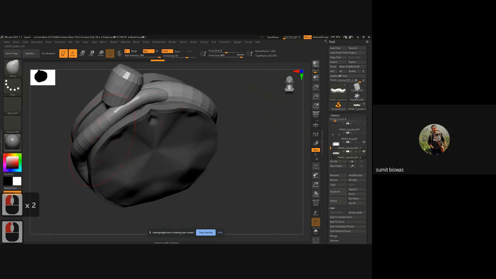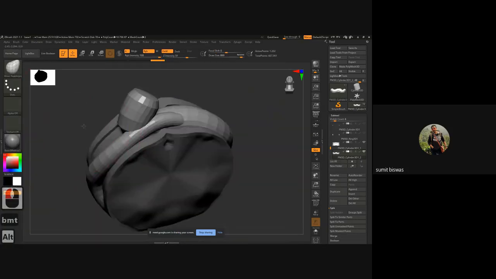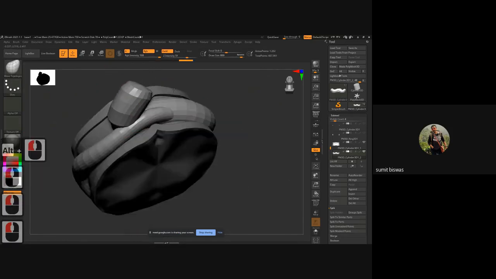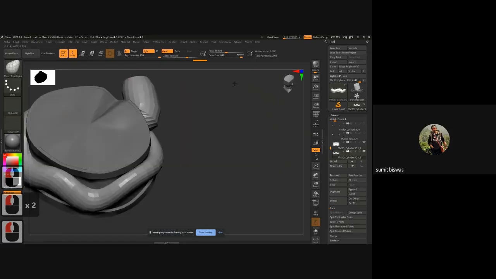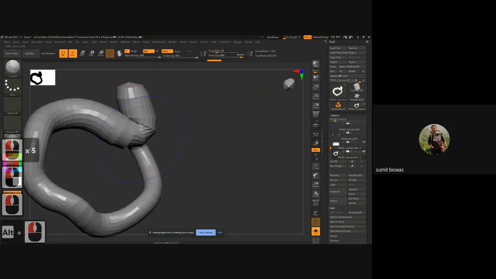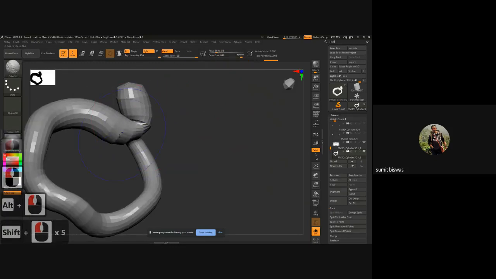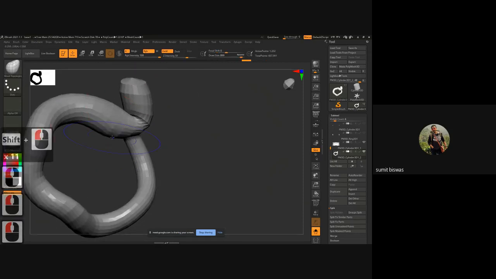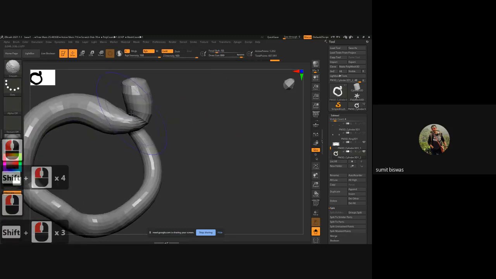So what I'll do, I will use BMT, T for topology. It will affect the topology only in that section, rather than affecting the entire model. And if you have this, you can see the inside area. If you want, you can smooth it slightly. And don't worry about this thing. I'll just simply smooth and clean, and the inside part anyway is not visible. So I can use a smoothing.